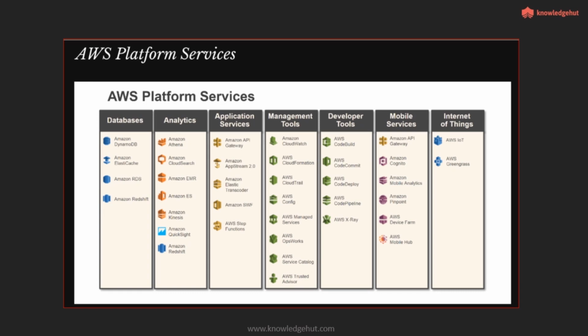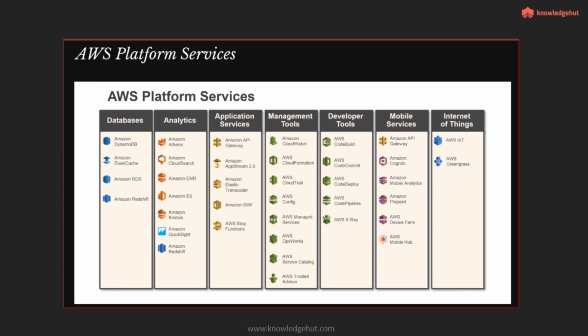You have ElastiCache. Predominantly people use it for caching. You don't need a database every time. You probably require some caching services for quicker retrievals. People cache session data, for example, right? So you require ElastiCache. As we all know, this is a service which is readily available, and Amazon also has their own service called Amazon ElastiCache. And similarly, from a relational database point of view, you have RDS, which is called a Relational Database Service.